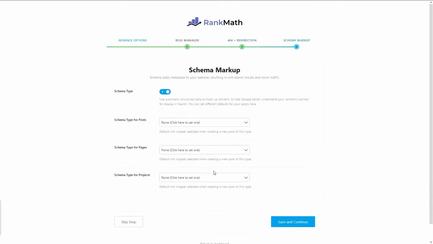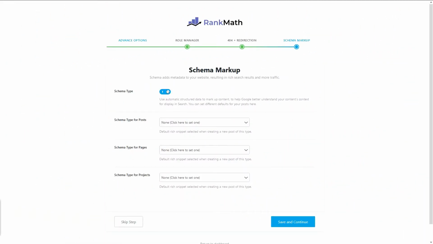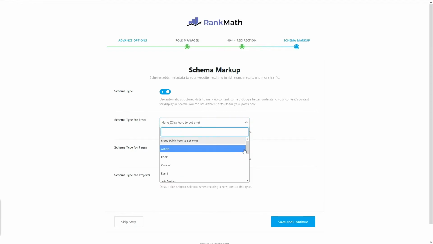We go to the schema markup, and in the old days you would need an extra plugin just for the schema markup, and now this is all available within one SEO plugin. I'm really thankful that Rank Math has all this installed in the free version. So if you want schema markup, then you should leave this on, but it's only necessary if you have a post that is one of these types of schema markup. If you don't have products, recipes, restaurants, videos, person, service, or anything in this list, you can turn it off.